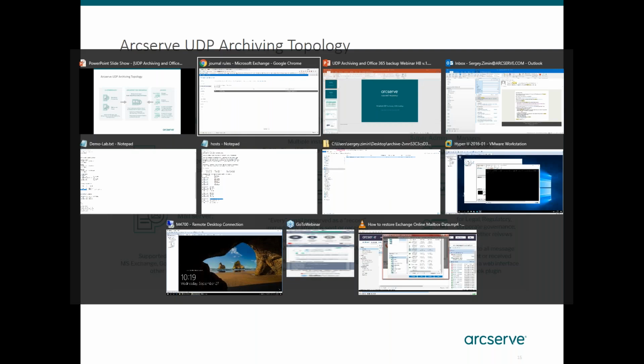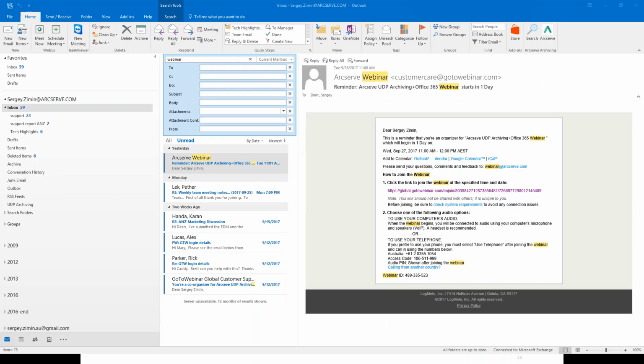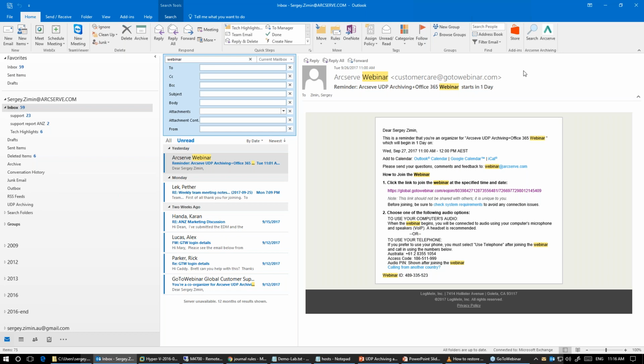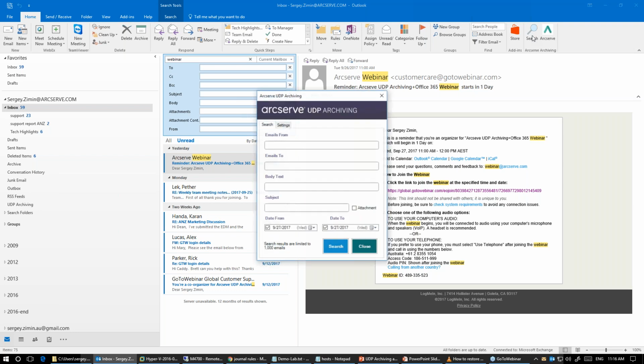Let me switch quickly to my Outlook. Here in Outlook, what's there for the user, right? What does the user have to do with archiving? One of the pieces of information here on this screen is an add-in by Arcserve UDP archiving, and I'm starting it right now.